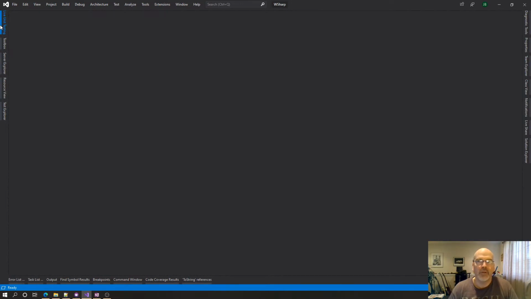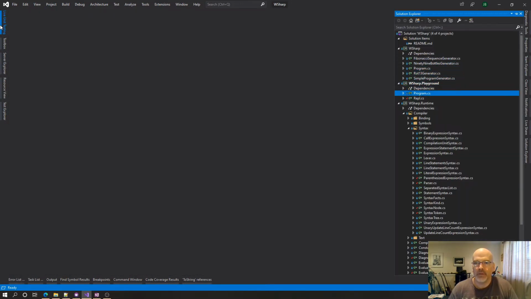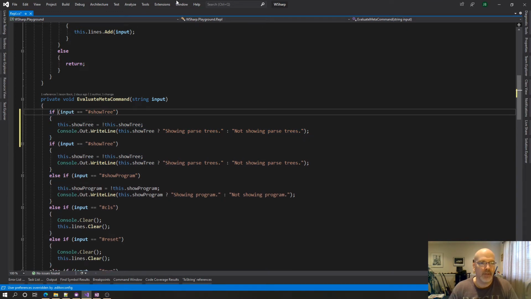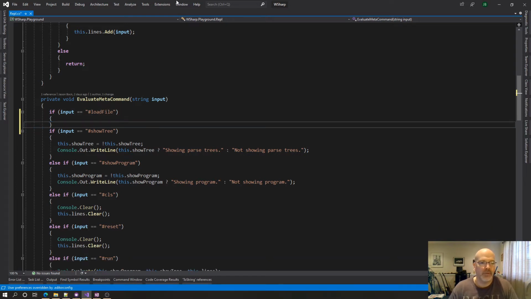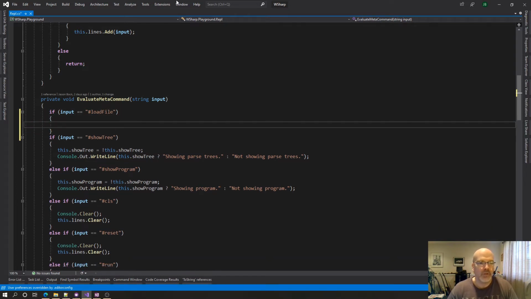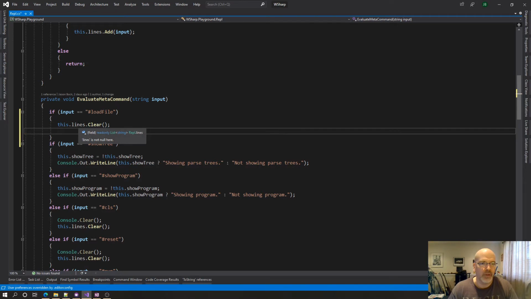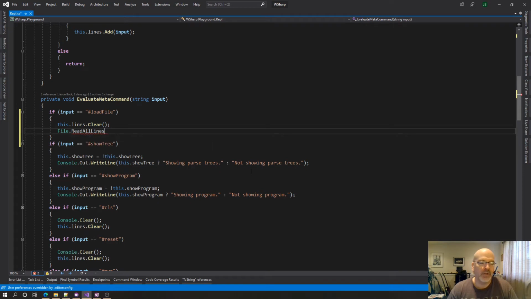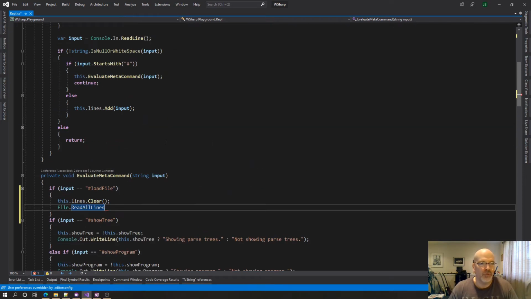Sure, we need to go into the playground because I need to add another meta command that says if input is equal to load file, then what we need to do is load the file. And so what we need to say is this.lines.clear. Lines are just strings, right? Yeah, okay. So then what we need to say now is file.read all lines. And I could do it asynchronously. In fact, I really should to some degree,